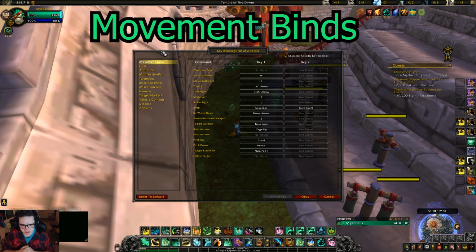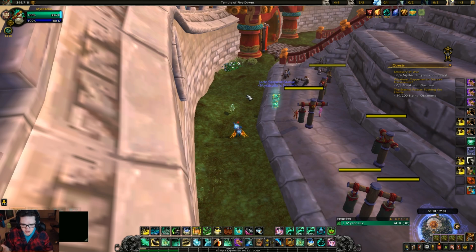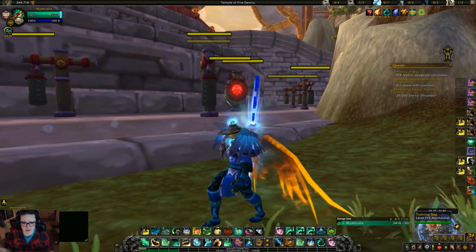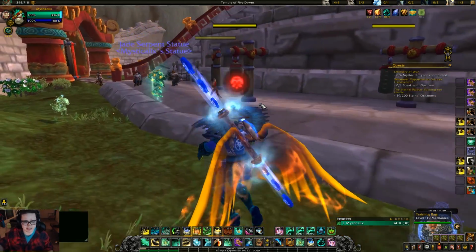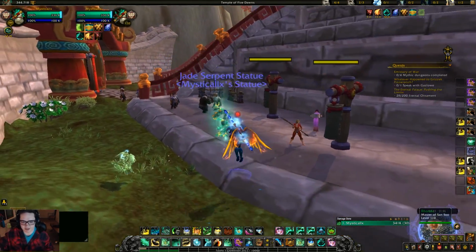So it looks like we're going to start with the movement keys. Again, this is going to be a bit of a longer video. I'm just going to run right through these, trying to give you my thoughts. Now, when we get to movement, I was always told you're a noob if you have S keybound, which is your backpedal. For those of you who don't know, backpedaling reduces your movement speed by a large amount. It's really not ideal if you're a caster, or anyone really, but there are reasons to